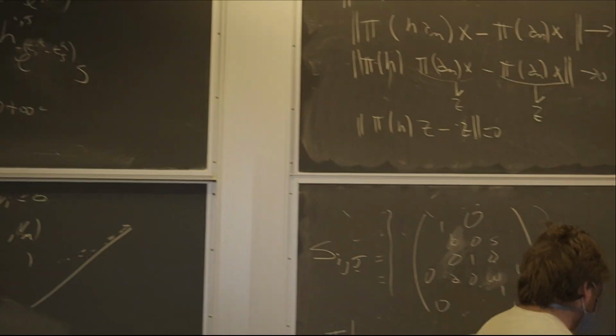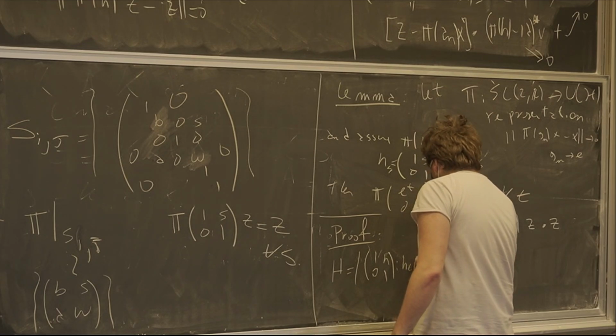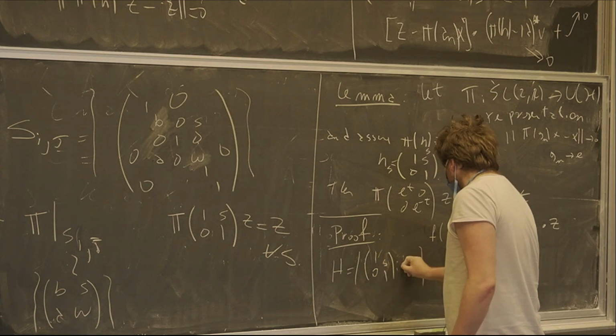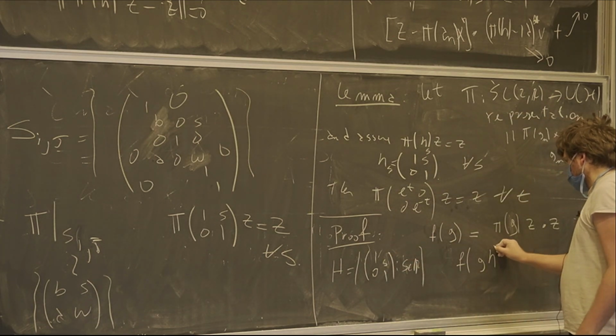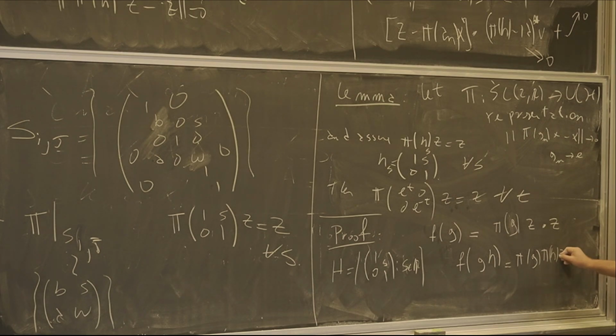Okay, so we have H is this group, (1, 1, 0, h), h in R, and we get that f of g times h is pi(g) pi(h) of c dot c, but c is H invariant, which means that I can forget about this guy, and this is f of g. So it's H invariant when I move to the right. Now when I move to the left,